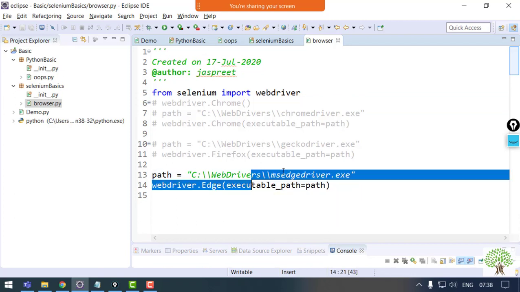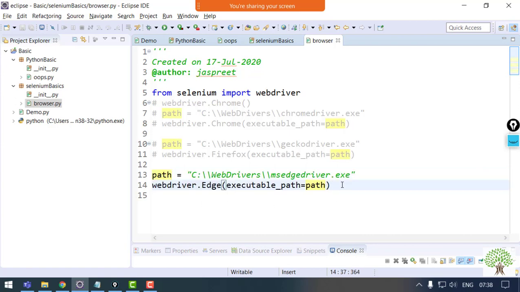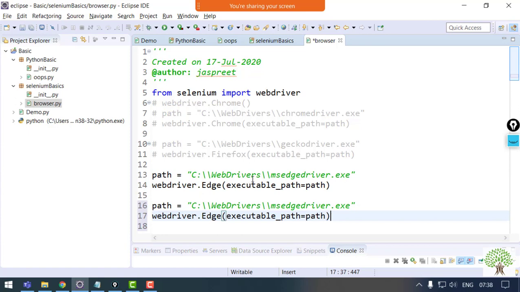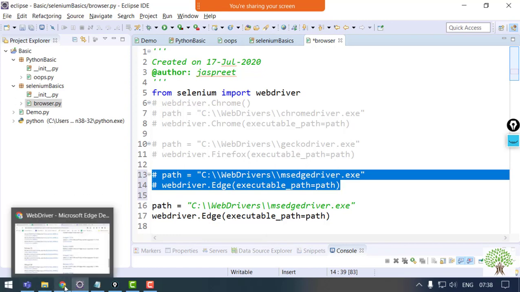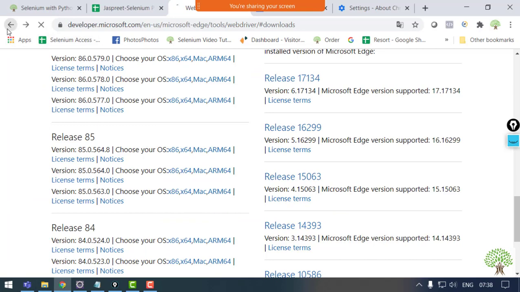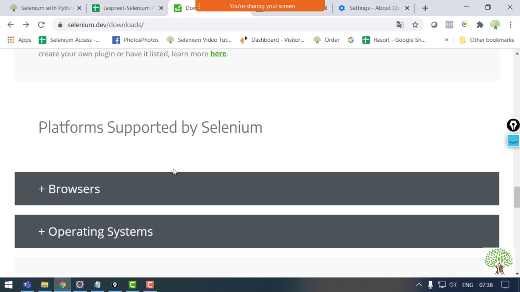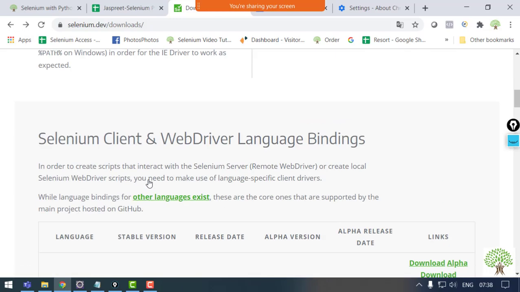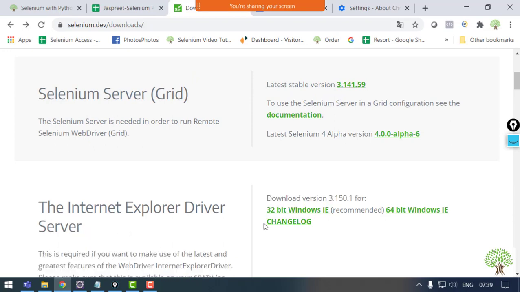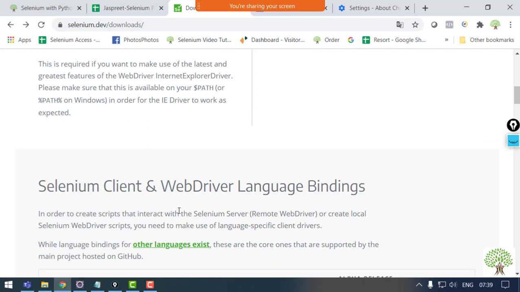Now moving further to the next one, that is Internet Explorer. For Internet Explorer, we need not be worried about the version because there has been no new update in Internet Explorer for so long. So what they have done is, instead of keeping it in the browsers, it's available over here in the browsers, but you can also get it directly from here, the Internet Explorer driver. According to the system configuration, you can get it. Again, the zip file will be downloaded and you need to extract the exe.